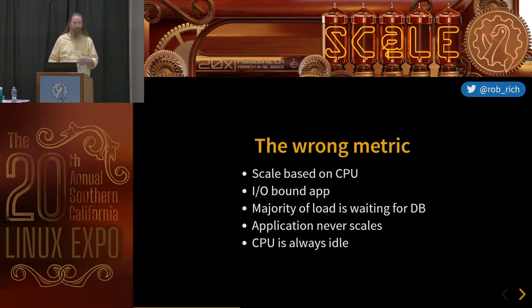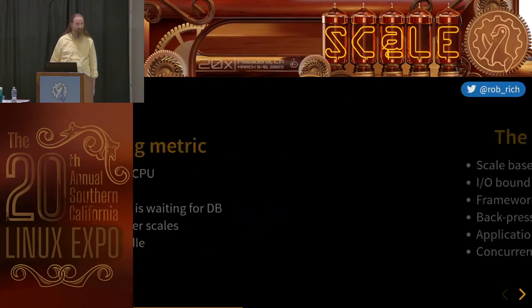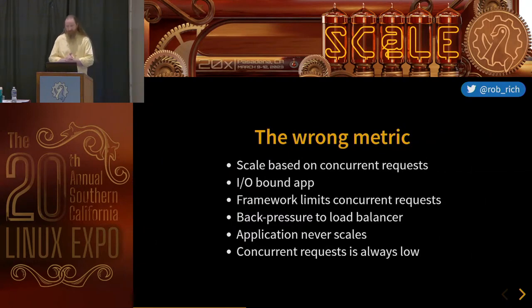We're going to spend the majority of the time waiting on external services. And so because the CPU never gets any higher, yes, we got slashdotted, we went viral, we have lots more capacity, and we're staying really low. We didn't automatically scale, because the metric that we chose was CPU, and CPU wasn't moving. We didn't choose the right metric here. Let's look at another scenario. In this case, we're going to scale based on the number of concurrent requests. Now, we've got our I/O-bound workloads, so I think we're doing okay right now. That's great. But our framework will automatically cap the number of concurrent requests to ensure that each request processes faster.